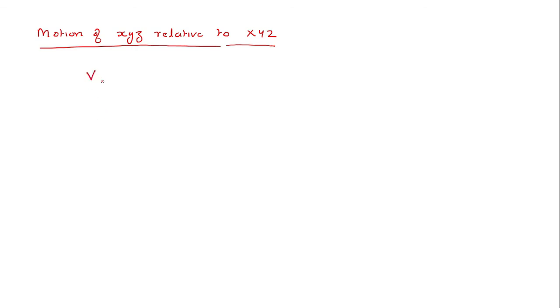So V capital XYZ is equal to V small xyz plus R dot plus omega vector cross rho vector. In this, V capital XYZ we had already obtained from the previous relation. Now V small xyz is equal to,